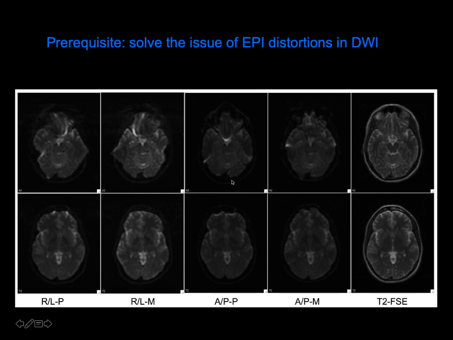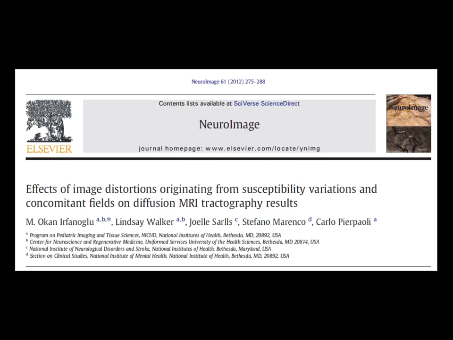So how can you do reliable morphometry if you start with images that do not faithfully represent the morphology of the brain, right? So first thing we need to do is to solve that, okay? And O'Connell-Fanoglu in particular,